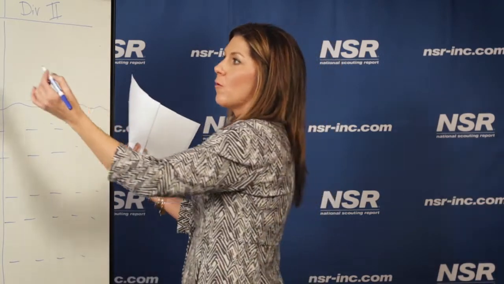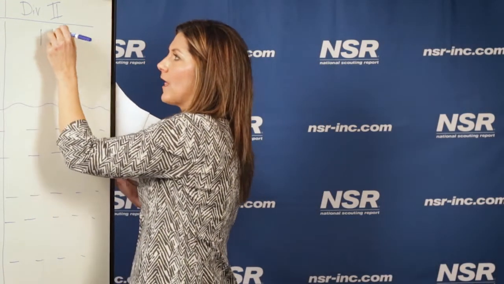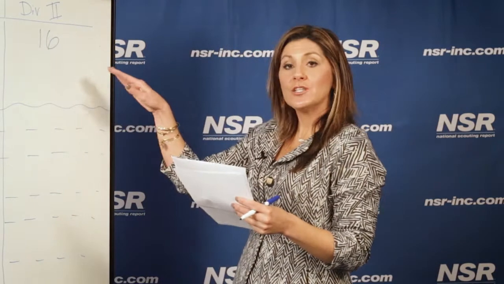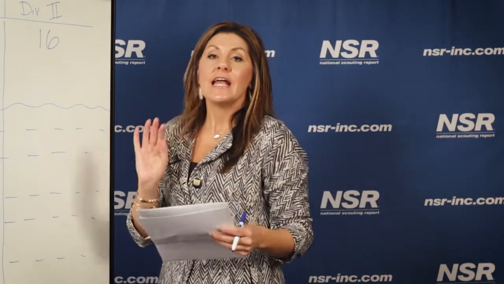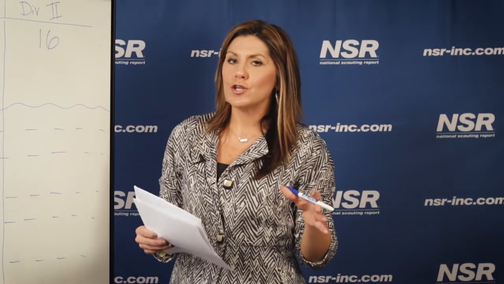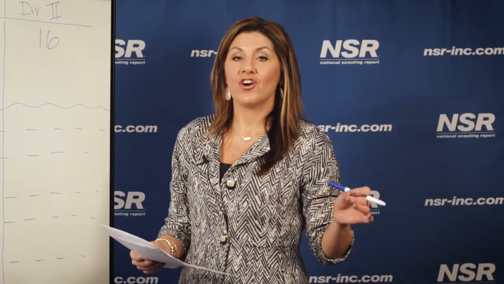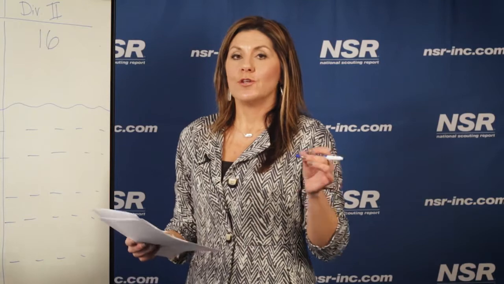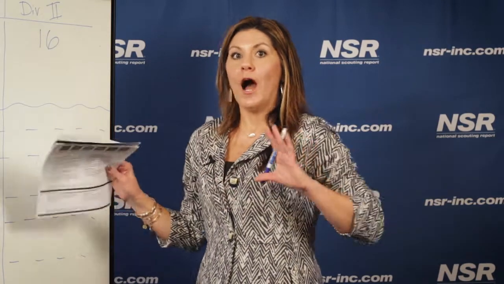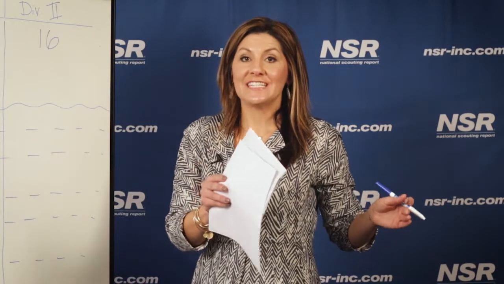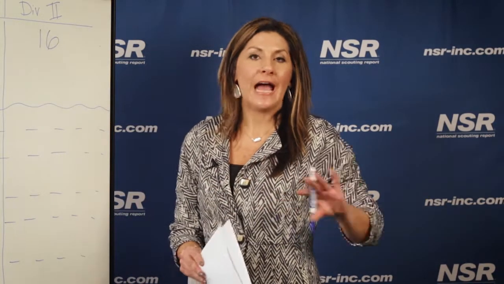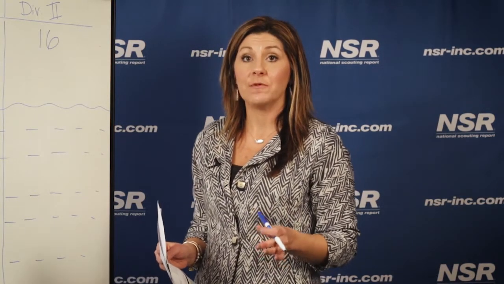Both of them are going to require you to have 16 core classes. So Division I and II, you have to have 16 core classes. The key to this, and this is kind of a new rule, is that 10 of the 16 have to be finished, grade in the book, by the start of your senior year. So your senior year, you can't just bog yourself down and take a ton of core classes, because 10 of the 16 have to be finished, completed, and passed by the start of your senior year in order for you to be NCAA eligible.